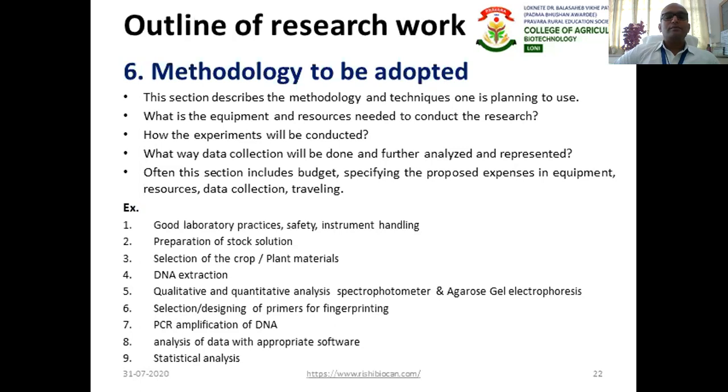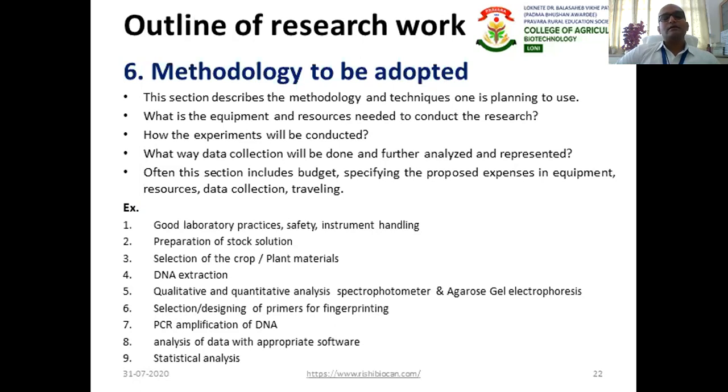So for example, if you are working on the topic DNA fingerprinting with the title DNA fingerprinting in wheat using SSR marker, then you can have, for example, this kind of bullets for writing your methodology part in your outline of research work. You can add good laboratory practice, safety, instrument handling.